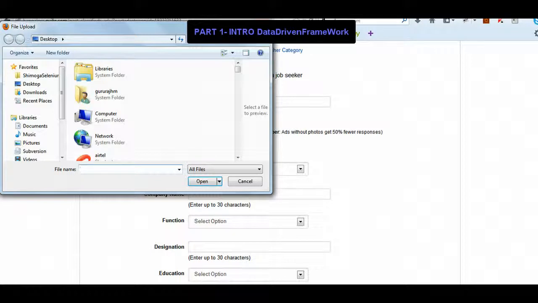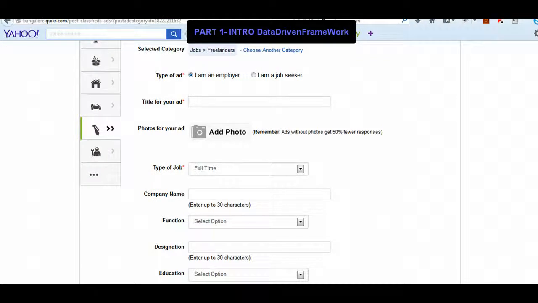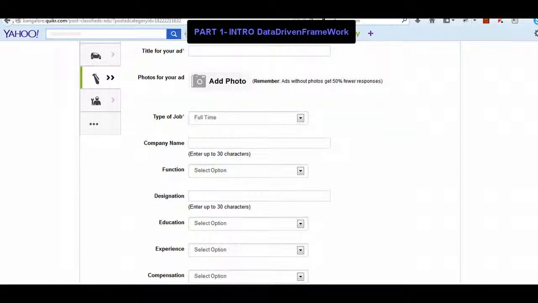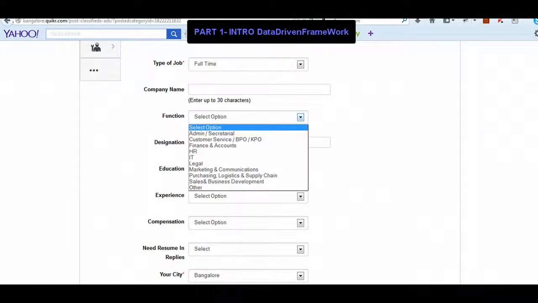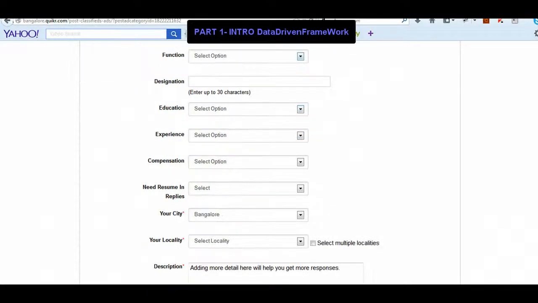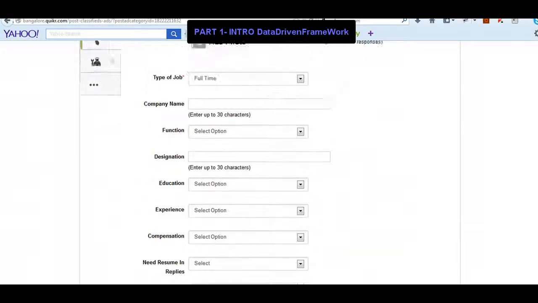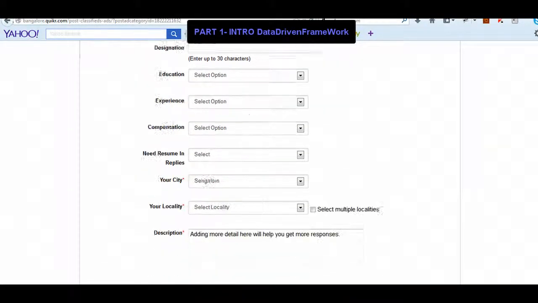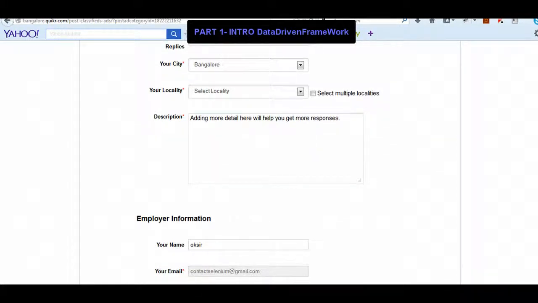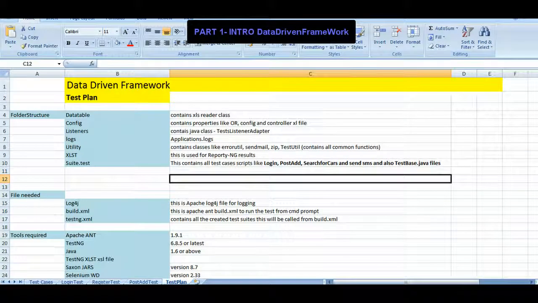So I'll take the same concept, using the AutoIT tool, and we know how to automate all these drop-down lists now. Everything we covered in our previous sessions. Whatever fields you see, there are around 10 to 15 fields. We'll keep all this data in an Excel sheet. For example, I'll just open one Excel sheet.